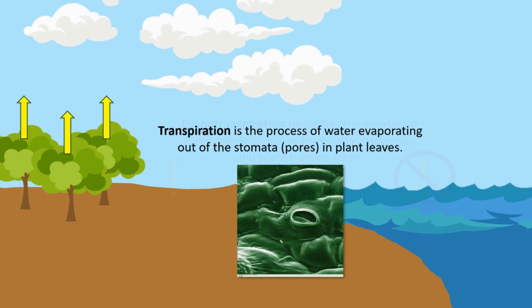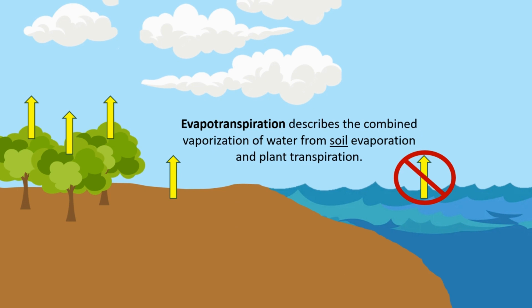Then there's also a term that we use to describe the combined vaporization of water from transpiration out of plants as well as the evaporation of water out of soil. And that term is evapotranspiration. So evapotranspiration includes evaporation from sources that include plants and soil, but not evaporation from the Earth's bodies of water. So bottom line, there are several pathways by which liquid water gets turned into the water vapor that we find